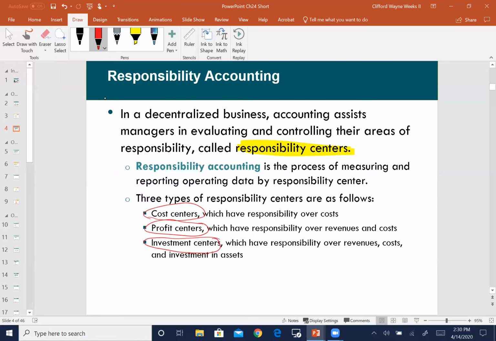Okay. So obviously, responsibility accounting is that you're only responsible for what you're responsible for. A cost center is only responsible for costs, for the spending of money and use of assets. Whereas a profit center looks at both the revenues and the costs. So this is just costs. And the investment center is kind of big picture. This is the top management, where they have responsibilities over revenues, costs, and investments. And so we're going to spend the rest of this time together basically looking at how to account for those